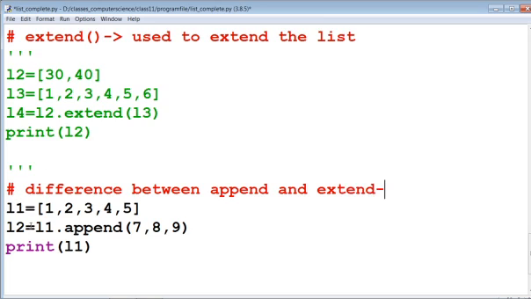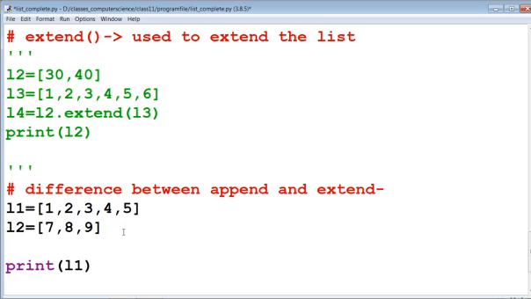What is the difference? Here we cannot append this type of argument. That means we cannot append more than one argument. If we are going to use L2 equal to 7, 8, 9, now we are going to define L3 equal to L1 dot append L2.